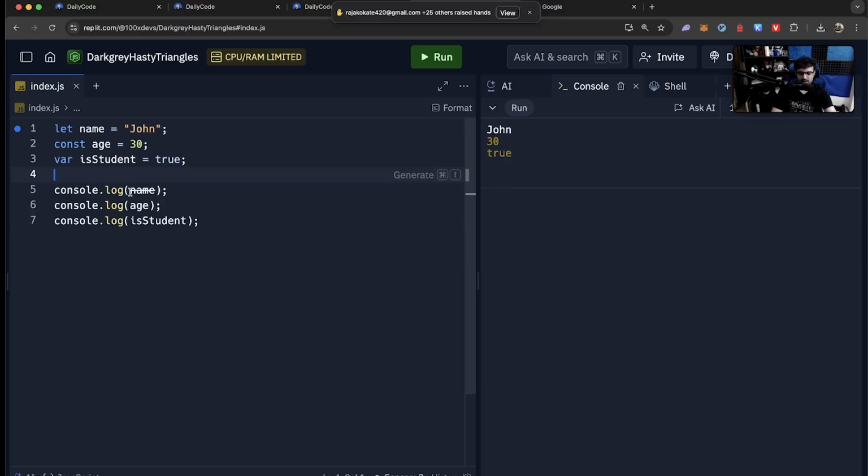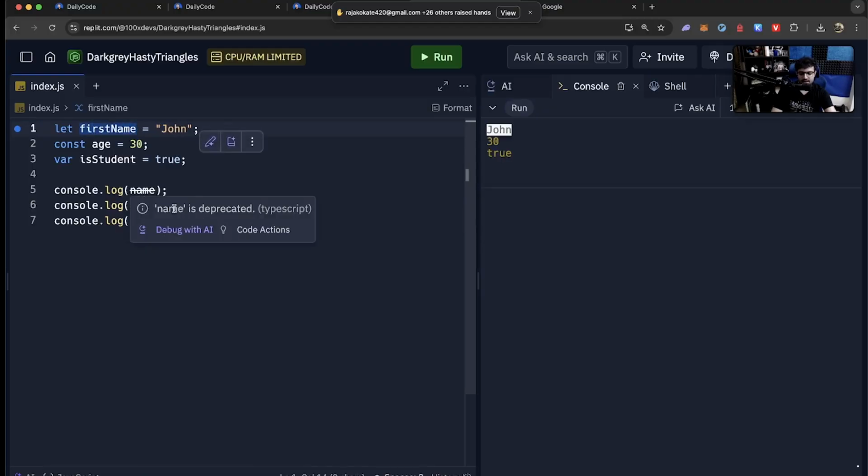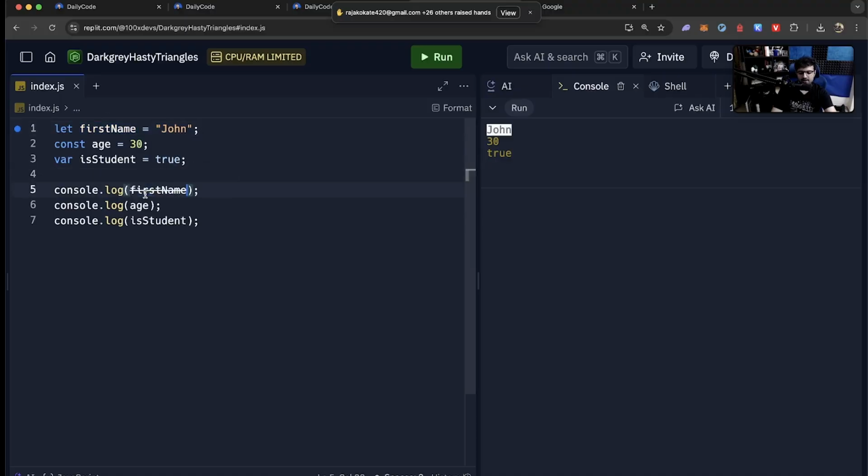it logs John over here. Notice it does not log name over here. You shouldn't write it as name. You can write it as firstName, because as you hover over here, it says name is deprecated. So just change the variable name to be firstName over here. I define these three variables. I log the value of the variable.